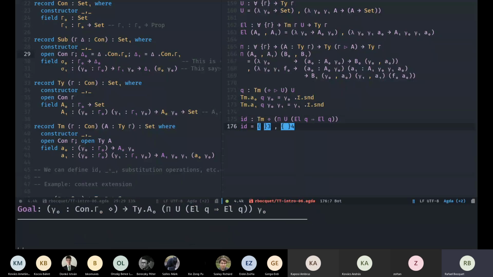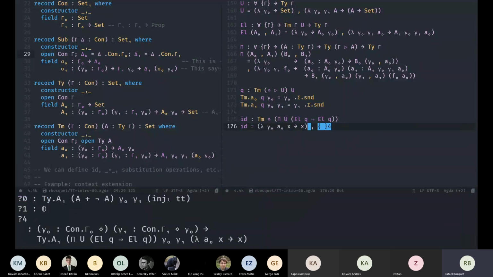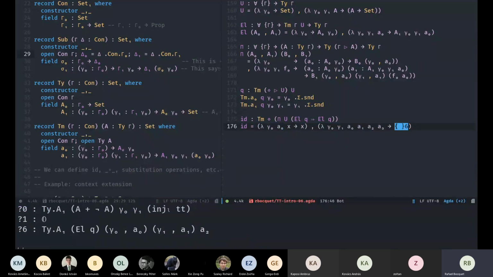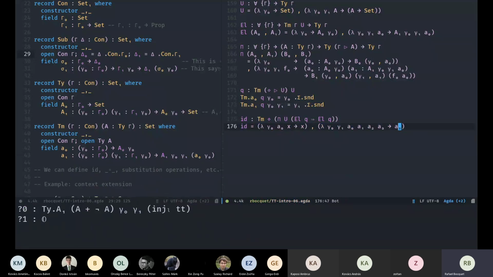We can define this identity function. X, so it will be the identity function on both components. Okay. So what is there to say? So this is the identity function, the first component, and